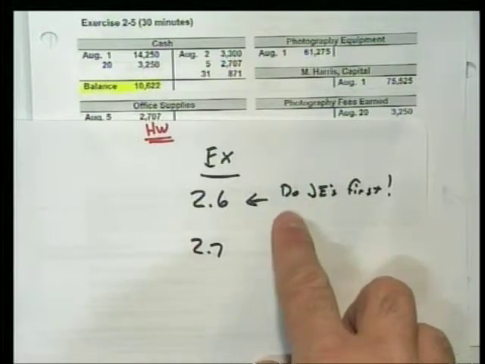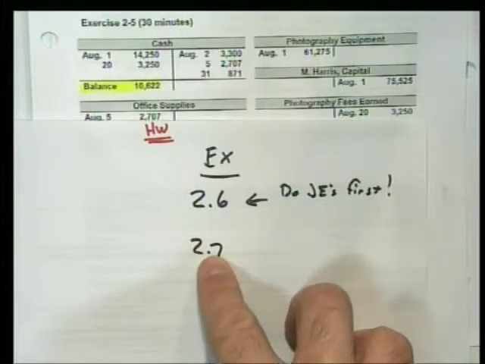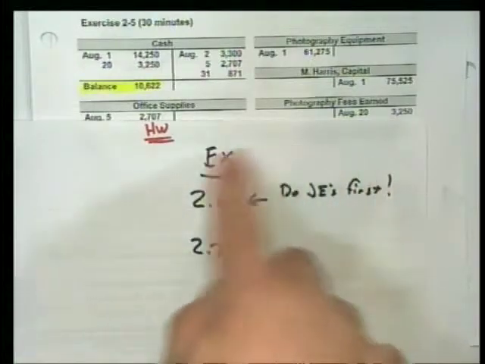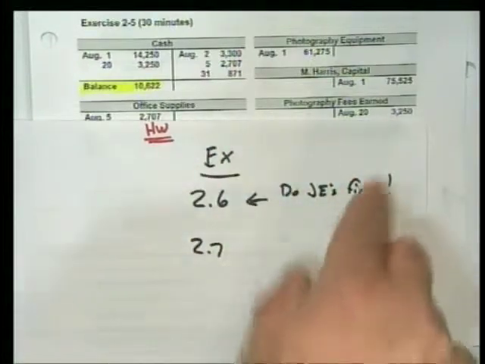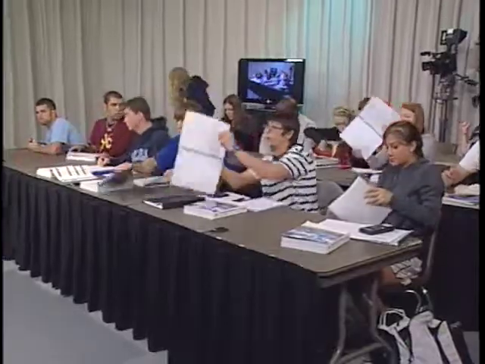Okay, so do your journal entries first, then post to your T accounts. Remember, those are in your worksheets in the back of your book. And then do your trial balance. Does this make sense? Okay, let's do a real good job. That's all I'm going to give you this time. But I want you to really work hard on that. Read your textbook. If any of these concepts are fuzzy, it can give you some more help. The order again on the trial balance is assets, liabilities, equity, revenues, expenses.